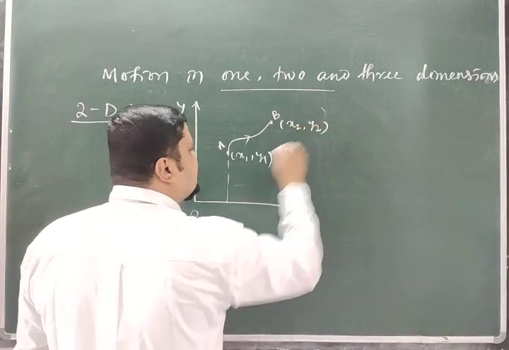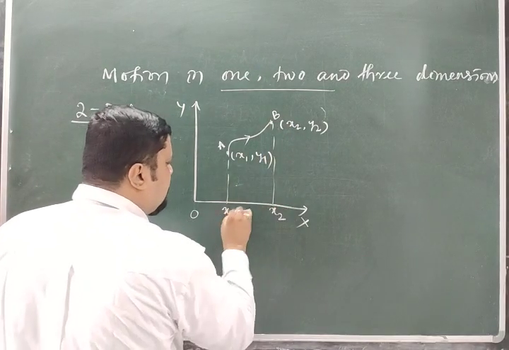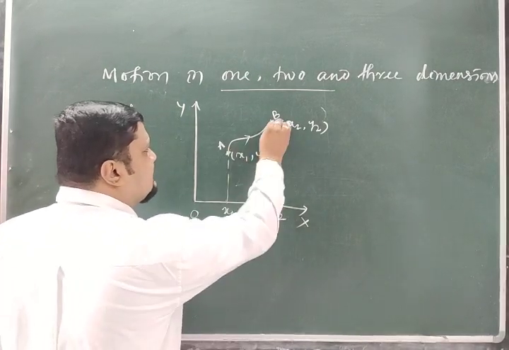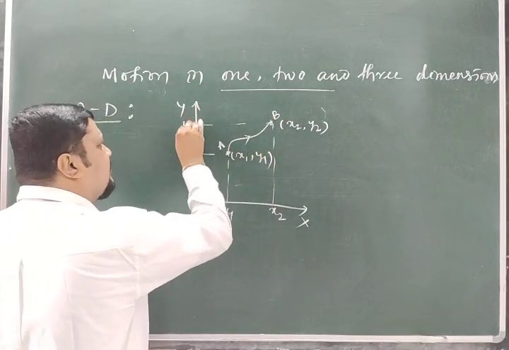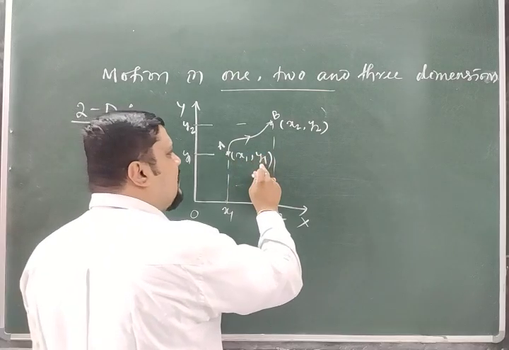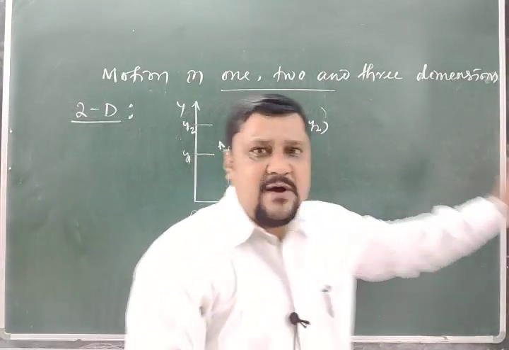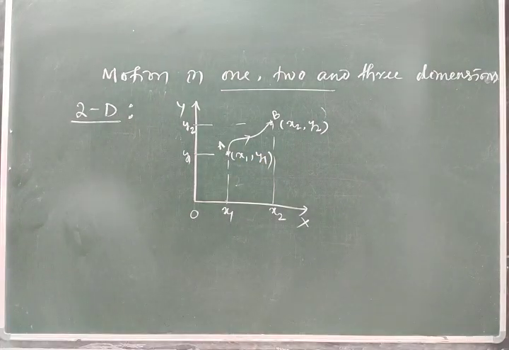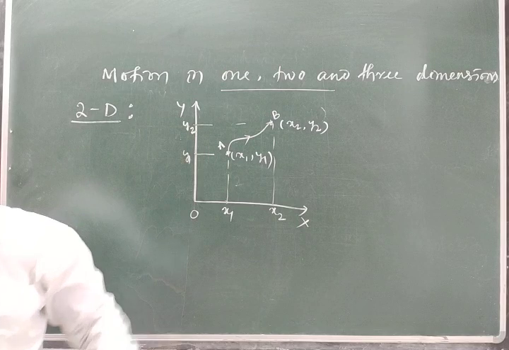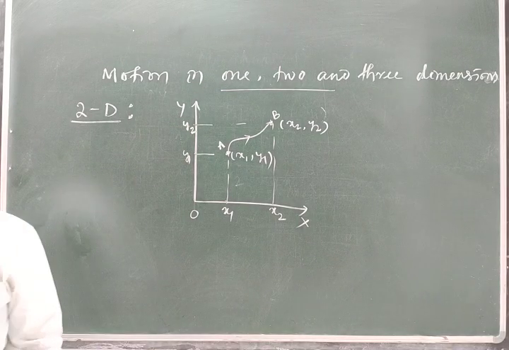Naturally, x1 changes to x2. Here it is x1, here it is x2. Then obviously this is y1, and y1 changes to y2. So x1, y1 changes to x2, y2. So the body is moving on this plane and two coordinates change. Clear? So a particle moving in a plane is said to be in two-dimensional motion, and since two coordinates are required